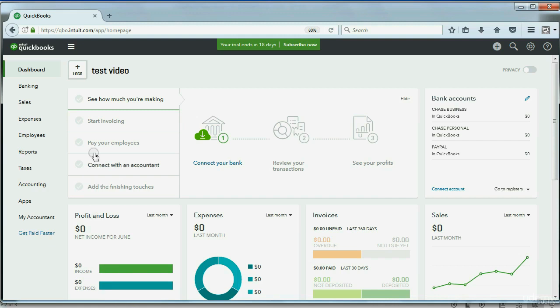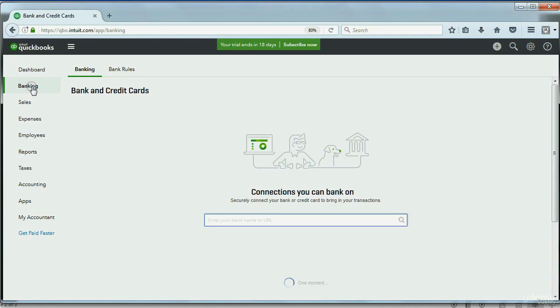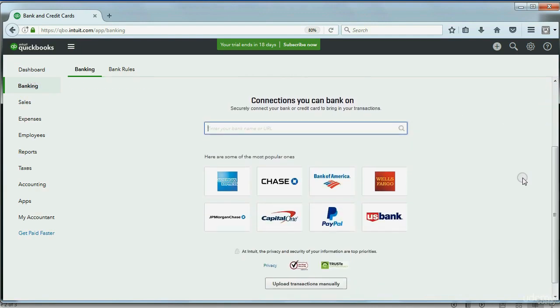Watch. Here we are at the test video company here in the QuickBooks Online account. So again, from the left panel, click Banking, and if you first created your company, you'll see a list of financial institutions that you can double click on. If yours is not here, you can type it into the search bar. It just so happens that I will be using Chase Bank and PayPal as the example financial institutions to set up the bank feeds. I'm going to start with Chase. I'm going to double click,